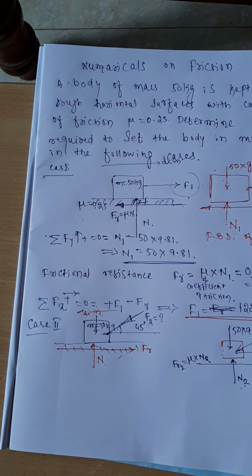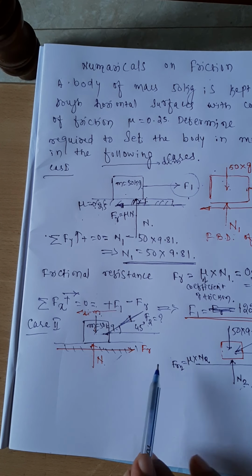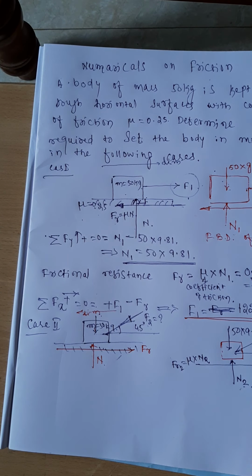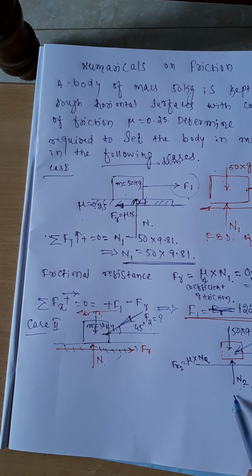Means indirectly what I told you, the steps to be done in case of the friction problem. First you mark the direction of impending motion, mark the direction of frictional resistance opposite to the direction of motion. That is the first step. Then you mark the normal reaction and all other forces. Draw the free-body diagram of the member. First you use Fy equal to 0. From that you get the value of N2. Next you apply Fx equal to 0. Then whatever the force is needed, you can get that one.